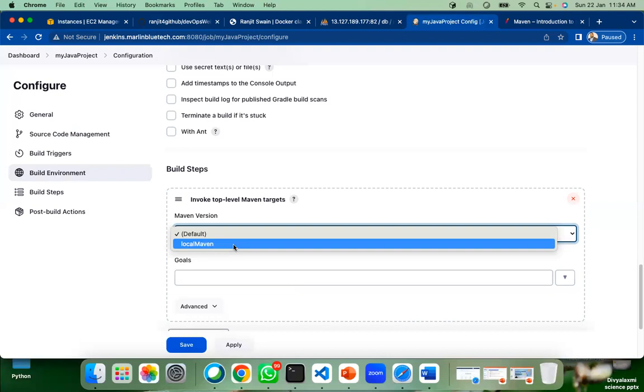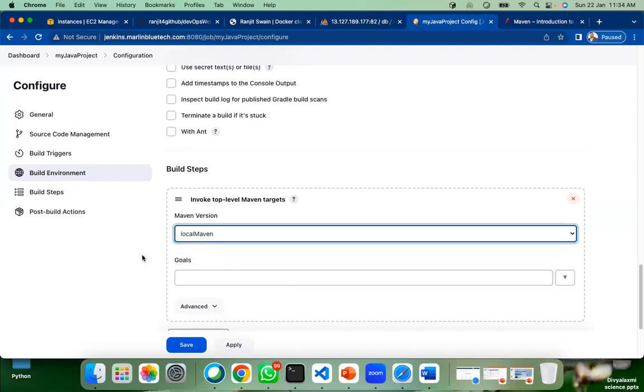In the global tool configuration, right? In Manage Jenkins, there I set Java, Git, and Maven. I get the local Maven, right? Correct. Global tool configurations. So whatever the tools, remember, whatever the tools you are going to use,